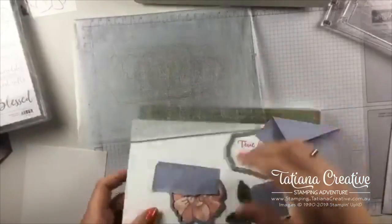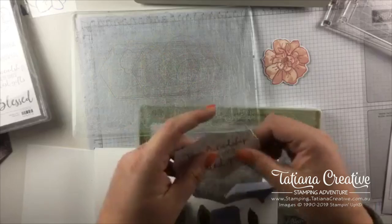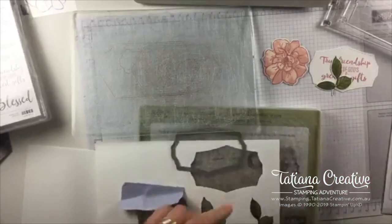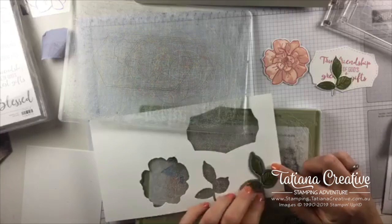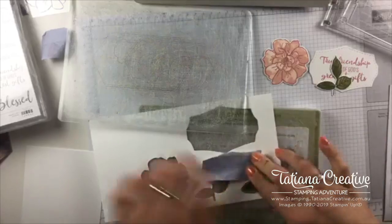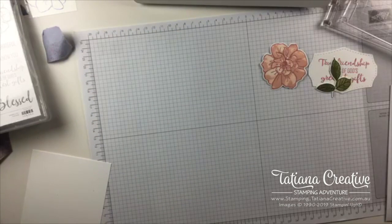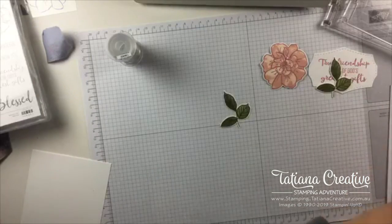And gorgeous is that rose? Oh, I'm so happy with this stamp set. So glad I got it. Oh, it's going to be a beautiful card. And run through that leaf again, because I like having more than one leaf. Foliage. It makes all the difference. There we go. And I've pulled out some metallic thread in silver, because I think that'll go beautifully on this